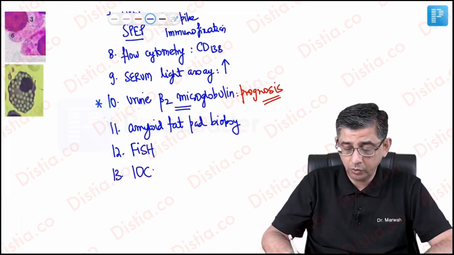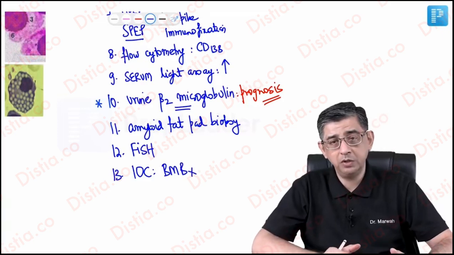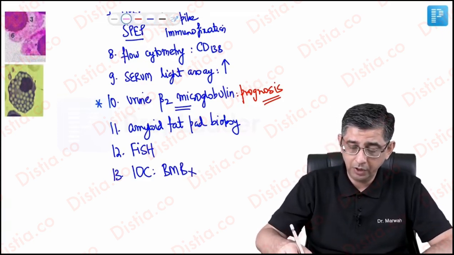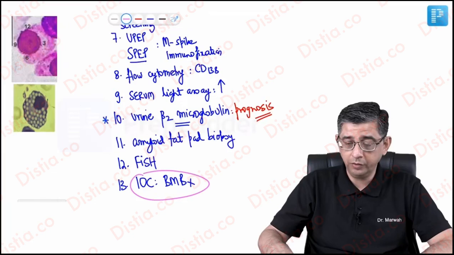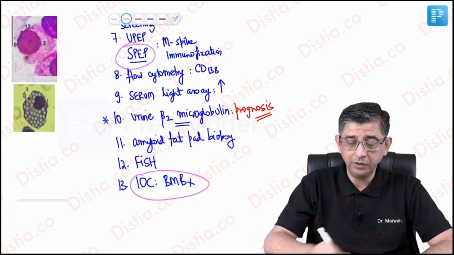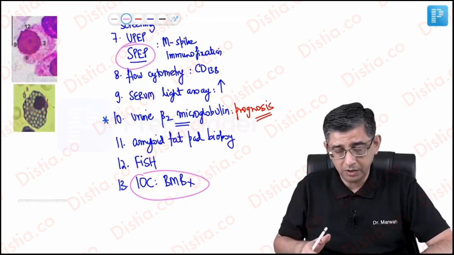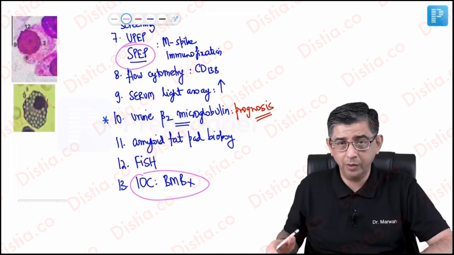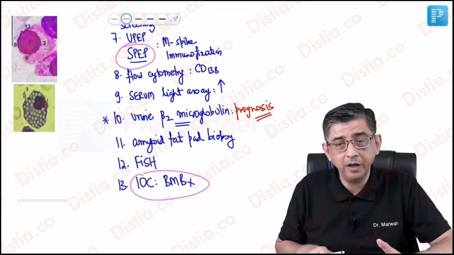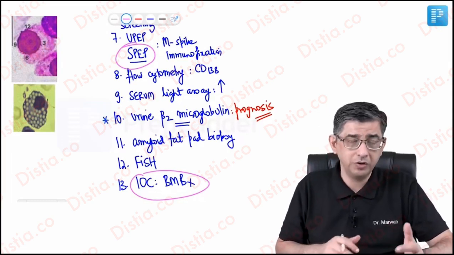The investigation of choice for these patients would be a bone marrow biopsy, and you need a combination of bone marrow biopsy with the clinical features of CRAB that I've explained to you and serum protein electrophoresis. I mean, you need three things together in an MCQ: CRAB features, any one, serum protein electrophoresis, and a bone marrow biopsy report of plasma cells more than 10% to say that the triad is being satisfied. And at this junction, he can ask some aspects from pathology as well.